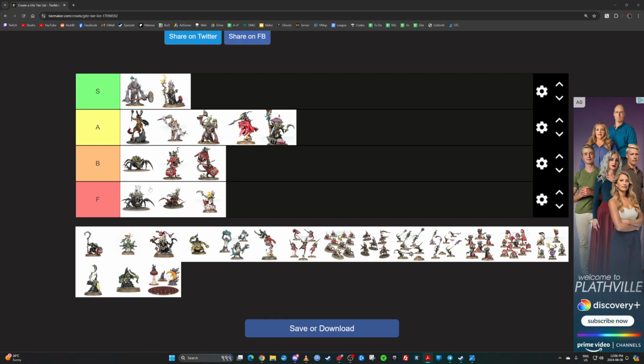Like, I'd rather be 150 points short but take a Fungoid Cave Shaman over one of these Flingers or whatever. I guess I'm short one of the models, but it doesn't matter because they're all just F tier. So for me, the Loon Boss, the Infantry Loon Boss, I think I'm going to stick him in F tier